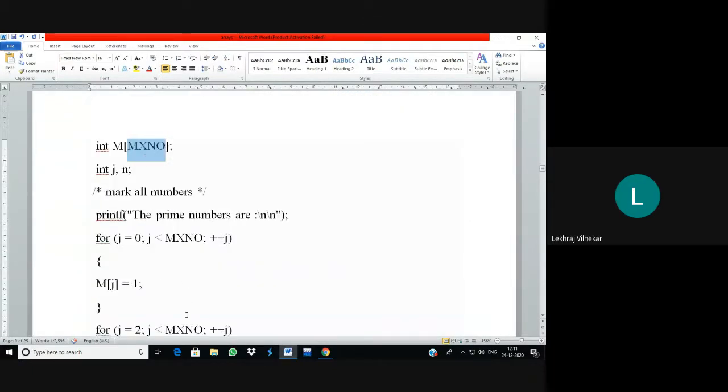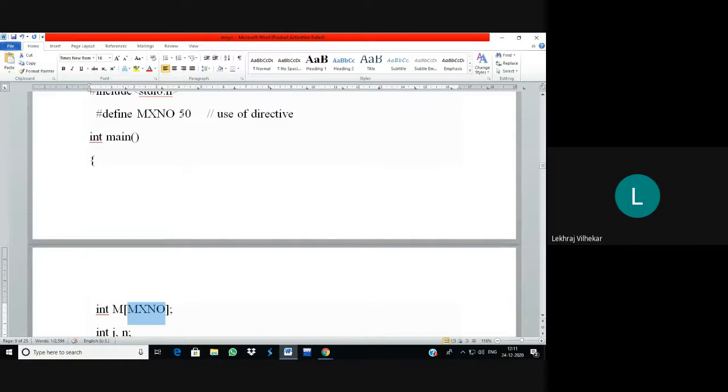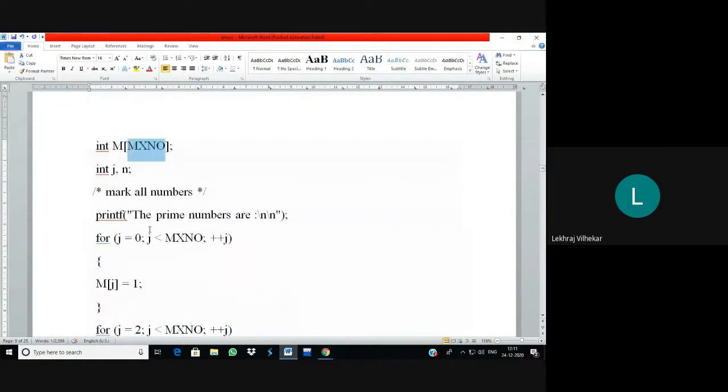Max number will get replaced with 100, 100, 100, which means you have to make the change only in a single line, and that will reflect throughout the program with the help of the define directive.